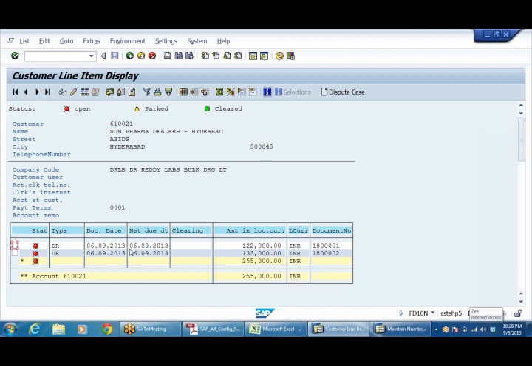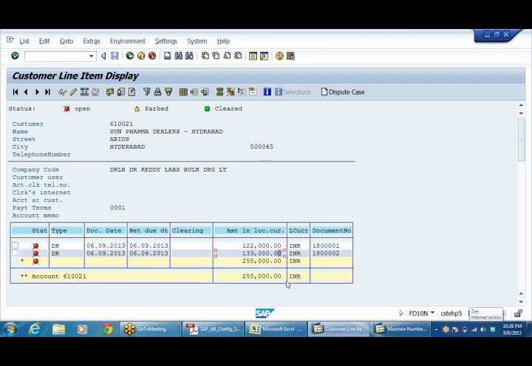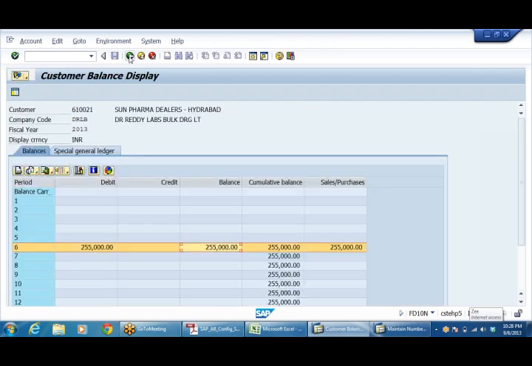First of all, we have posted the invoices here, with customer number, date, address, and company code details, all these things. This is the customer account. Two invoices. If I receive payment, then this will be cleared. And here in the customer account, just like in GL, there are periods 1, 2, 3, 4. Now we are in the 6th period, September. It is showing the 6th period.